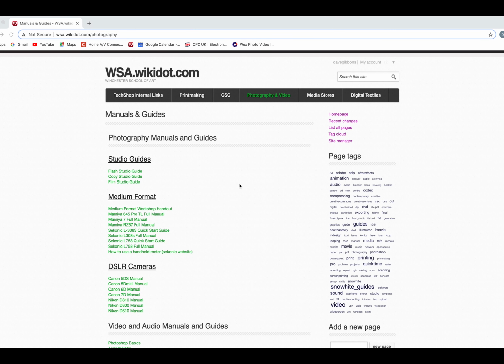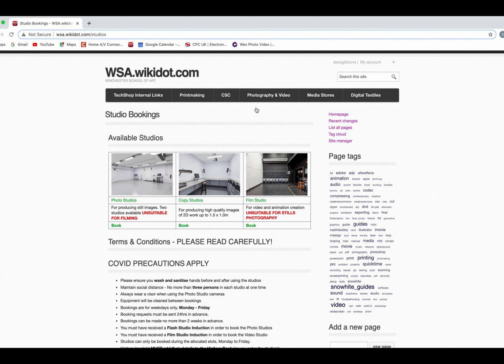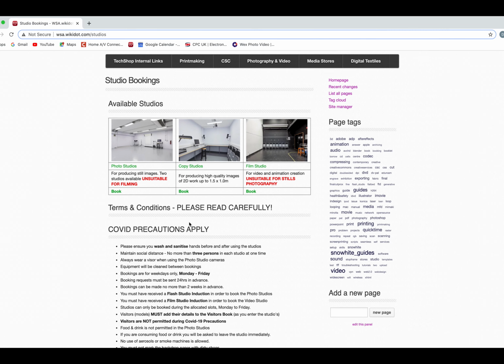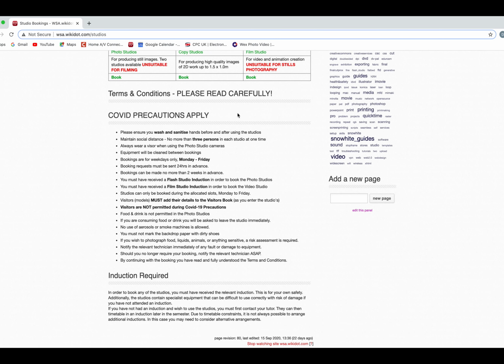You need to go to wsa.wikidot.com, find photography and video, and click book a studio. Select the studio you want. In this case I'm gonna choose the photo studios, but before you click, please look at the terms and conditions,